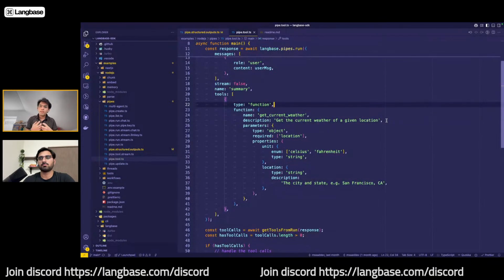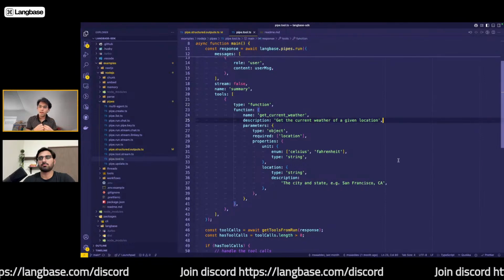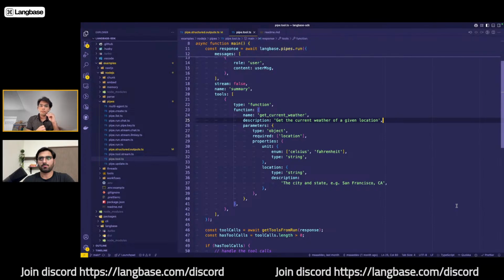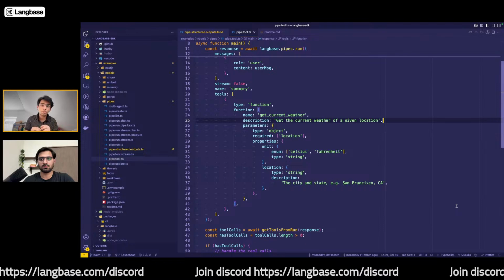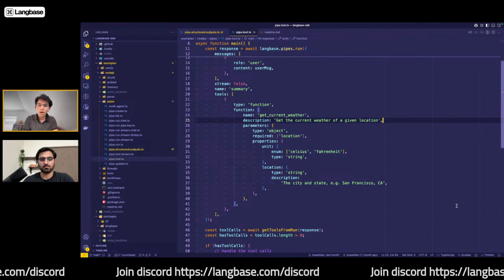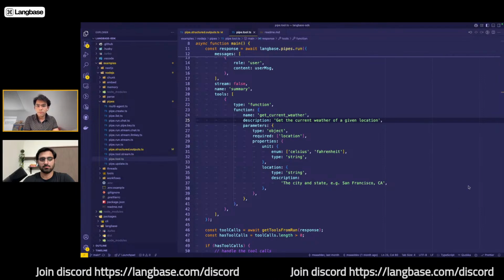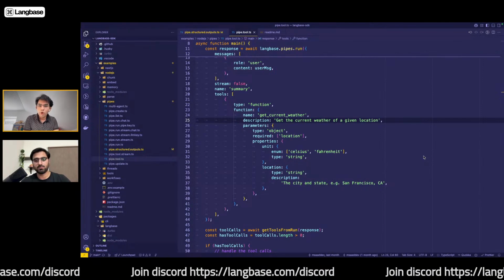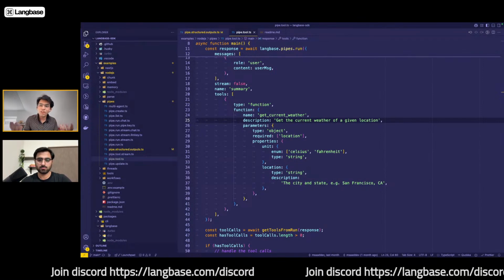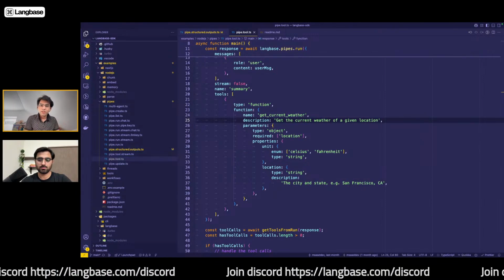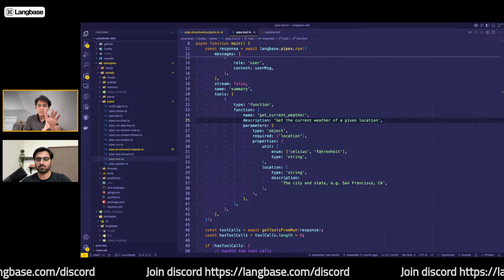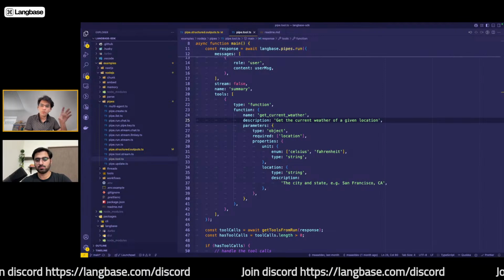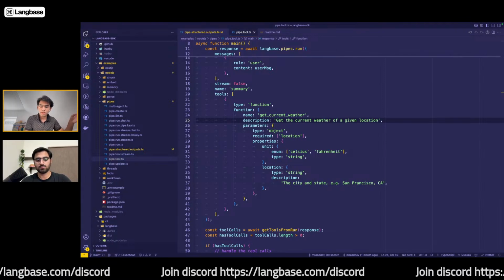This part is really important because it helps the LLM realize whether it needs to run this particular function when the user asks. So the description is really important. Then it's going to have some parameters, properties it's going to take, for example unit or location. Among these two properties, the required one is location, because we need a location in order to find the weather. Since we are going to be passing this tools definition with every LLM request,